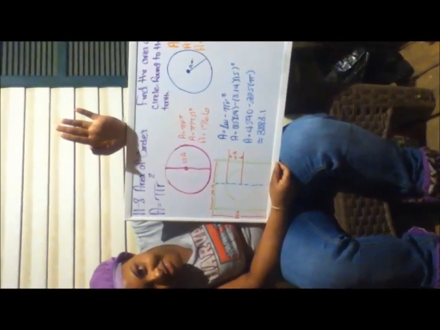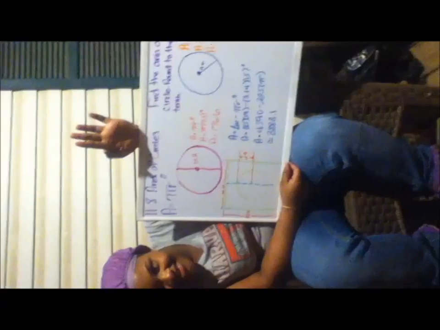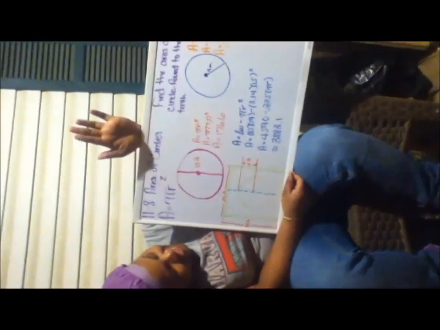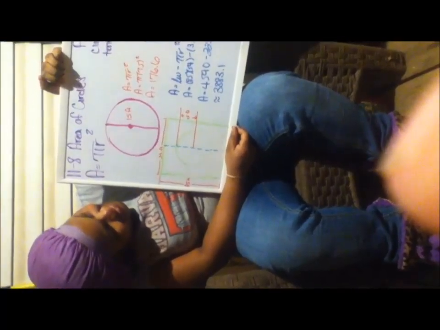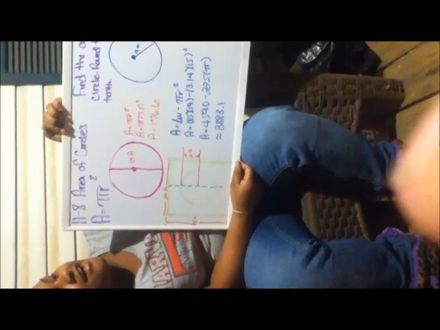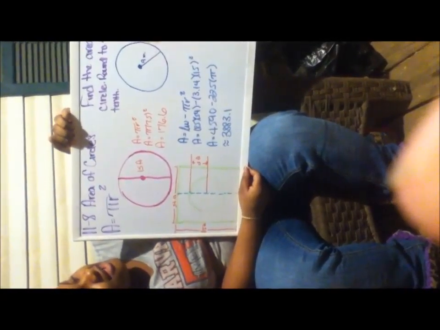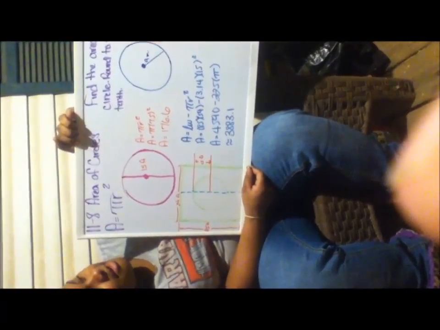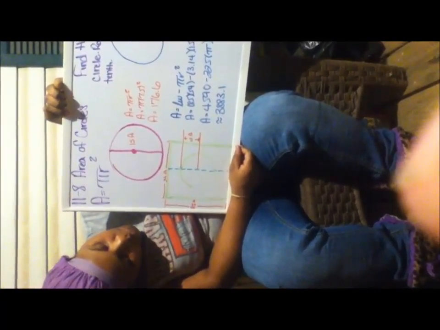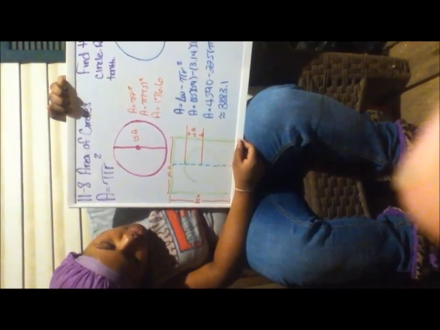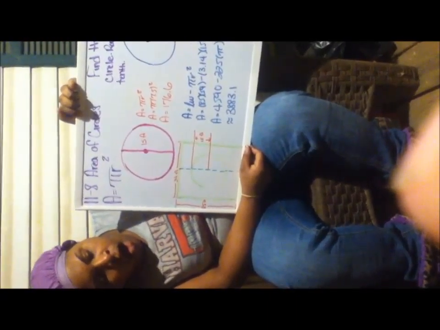In the third example, it's asking us to find the area of the circle, but as you can see, there's a rectangle around the circle. So we have to figure out the area of the rectangle as well as the area of the circle and subtract the two. The area of a rectangle is length times width, and then you subtract it from pi times the radius squared. The length and width of the rectangle are 85 and 54, which multiplied together equals